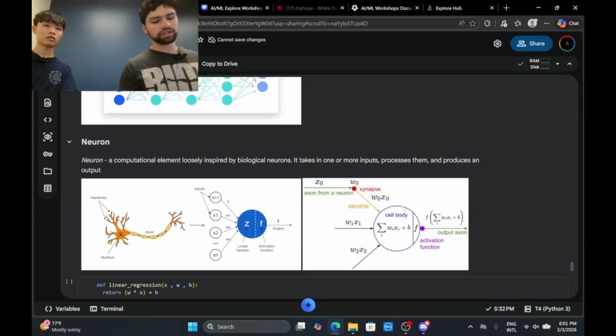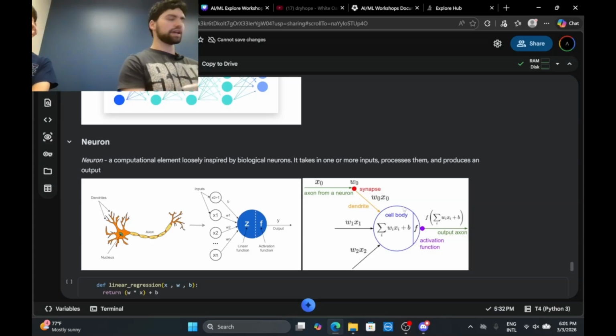So we literally pass a linear regression function into this, and this would change our resulting line from just some normal line like this to some probability curve like this.